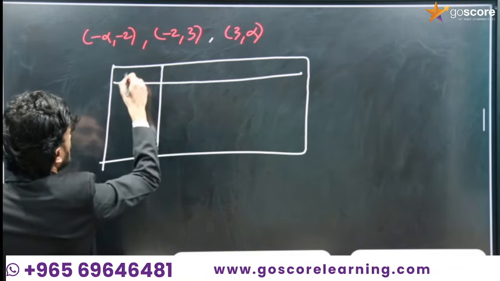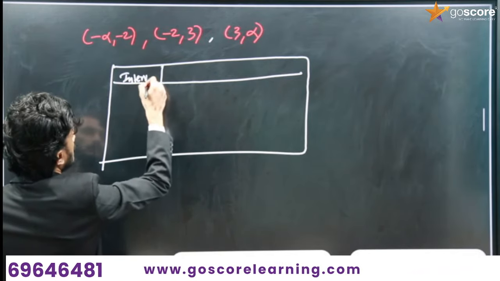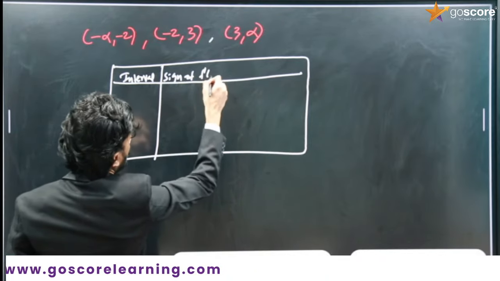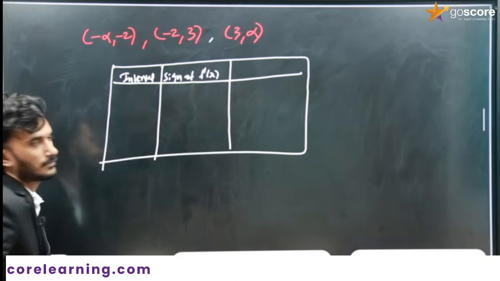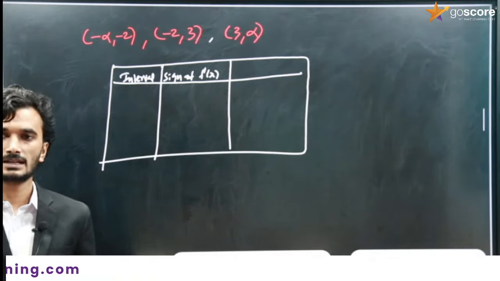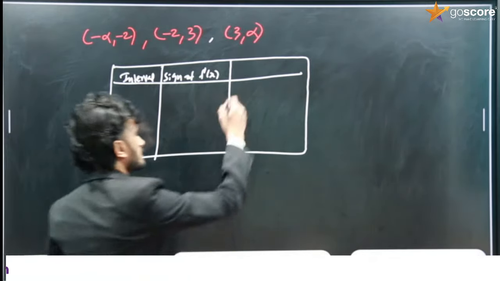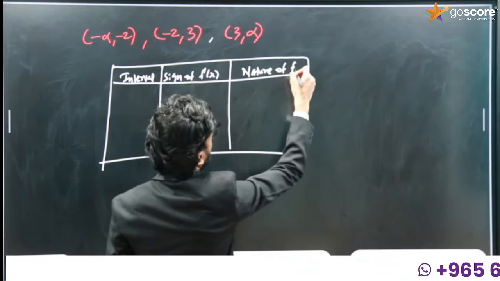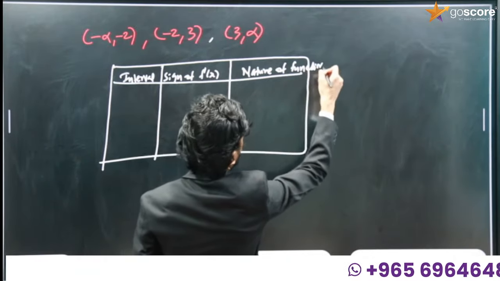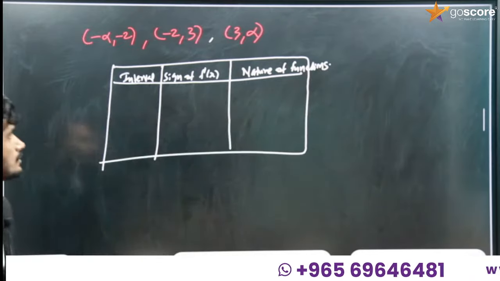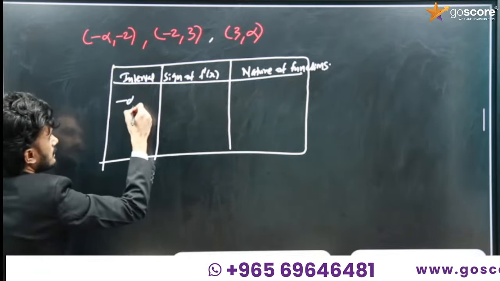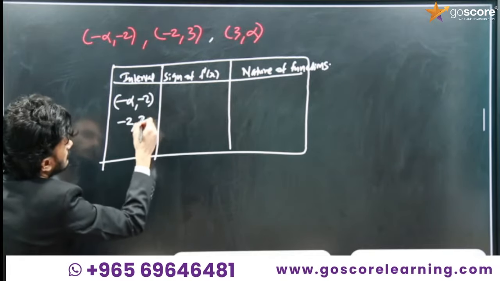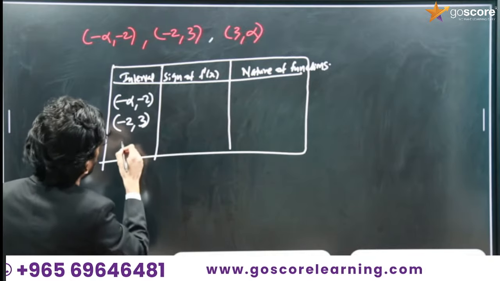First, the interval. Second, the sign of f dash x, not f of x, the sign of f dash x. Then the nature of the function. So first I will mark minus infinity comma minus 2. Second, minus 2 to 3. Third one, 3 comma